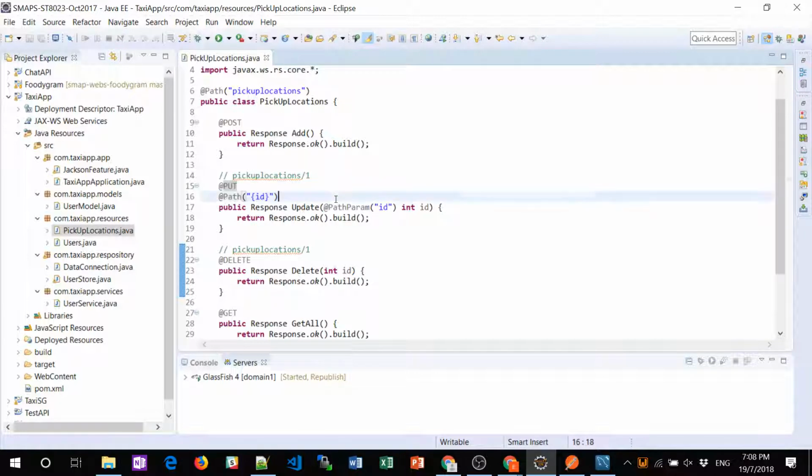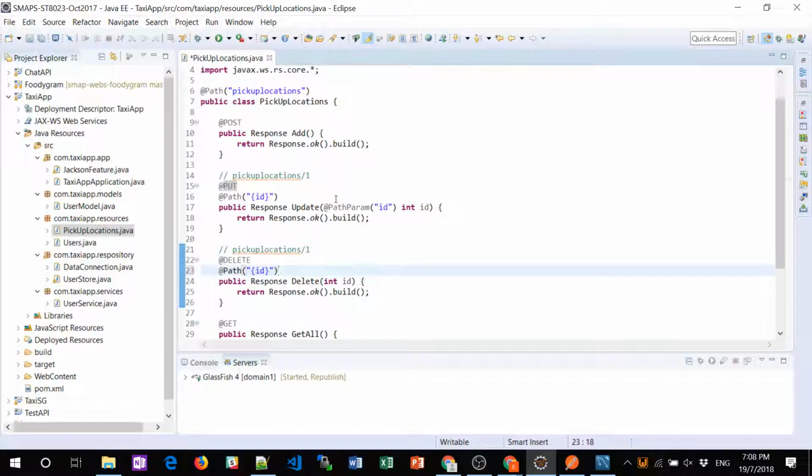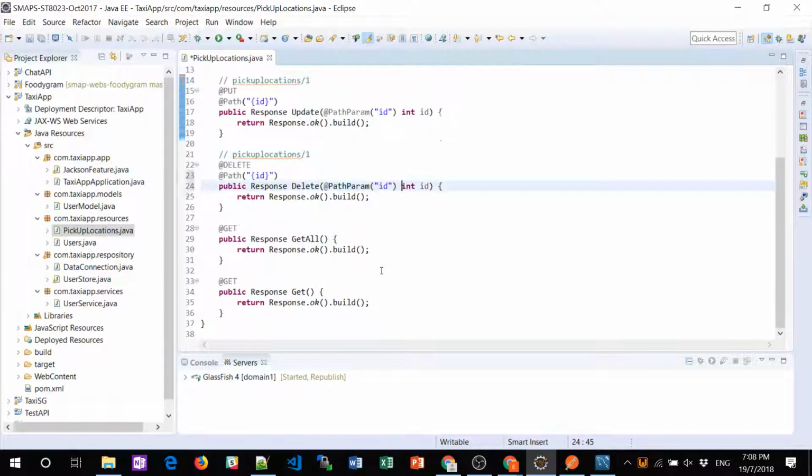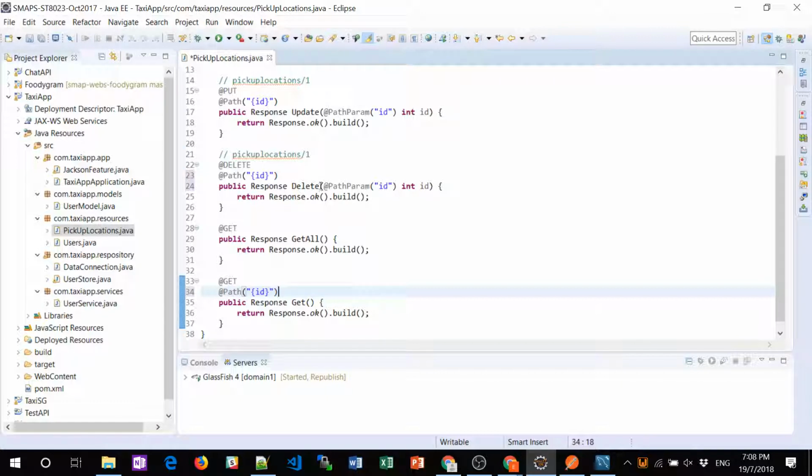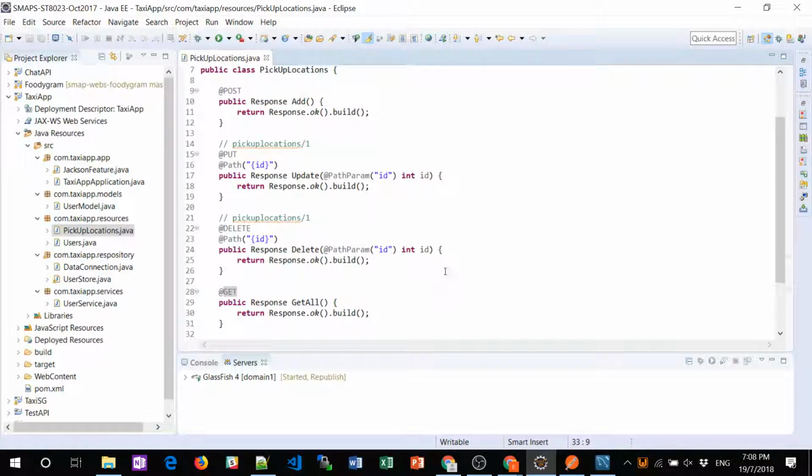Okay. So your path parameter is applicable for put, for delete. Yep, this thing goes there too. Okay, as well as your get, the part that gets one location's details. Okay. So more or less here you have your web services, each of the method and the path parameter defined. Okay,